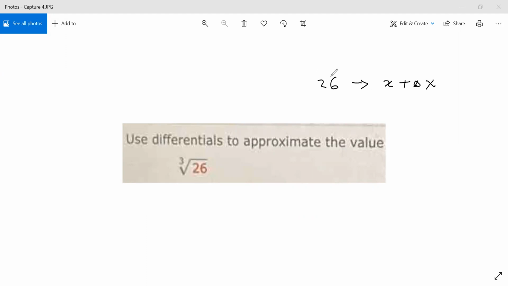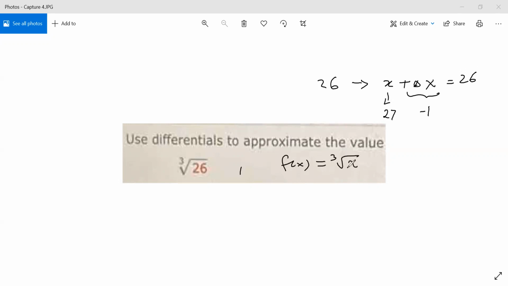So I can choose x to be 27, and then I can choose this to be like -1, right? So then that will give me this. So this equals 26. Okay. Now, the function is just going to be, so f of x is going to be cube root of